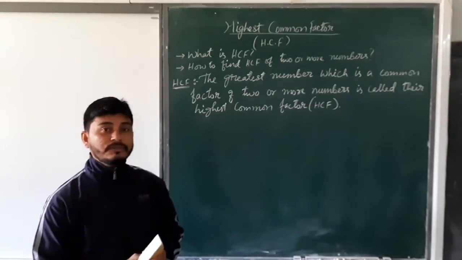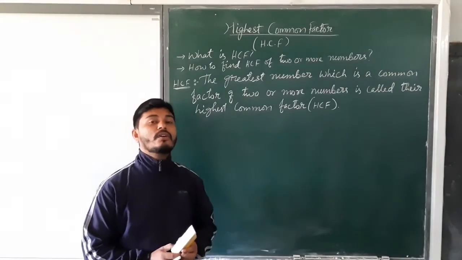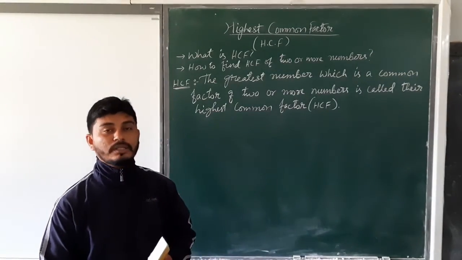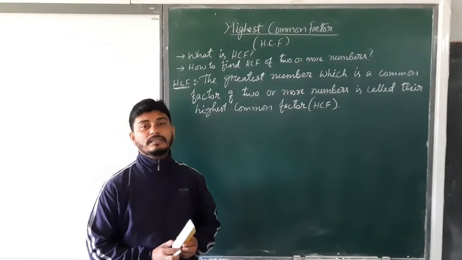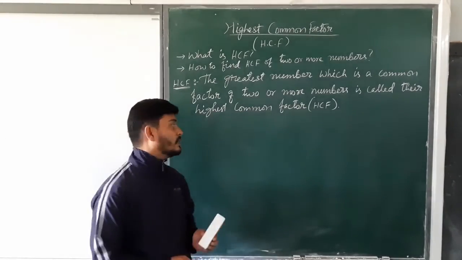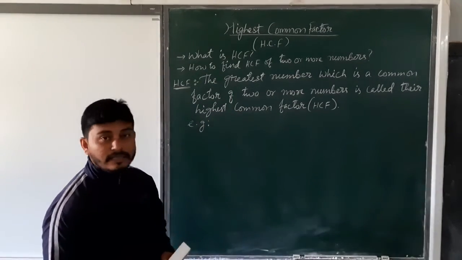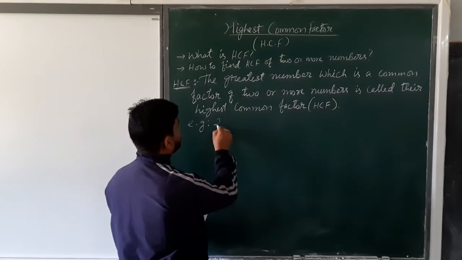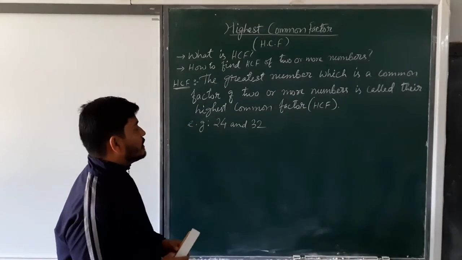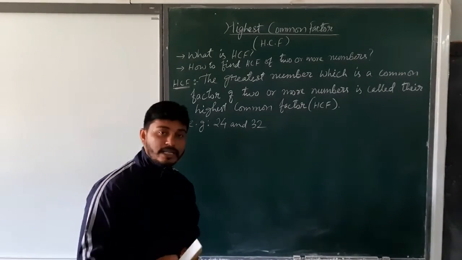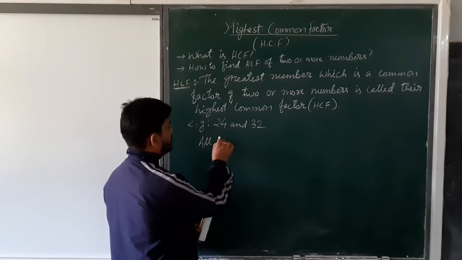Now to define HCF, the greatest number which is a common factor of 2 or more numbers is called their highest common factor, that is HCF. Now to understand the definition, let us see an example. Say 24 and 32. If we try to find out their HCF, highest common factor, in a simple way,